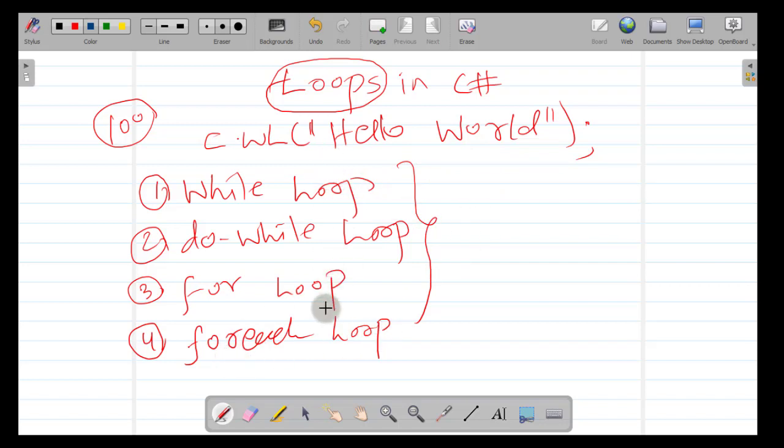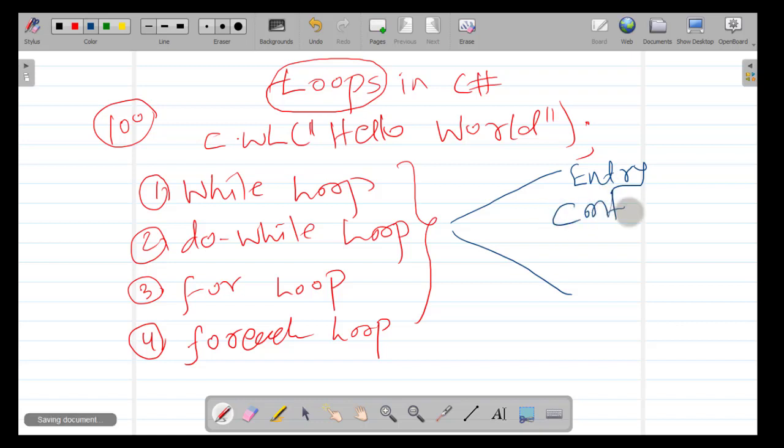So these loops are categorized into 2 types. The loops belong to either an entry control loop or an exit control loop.